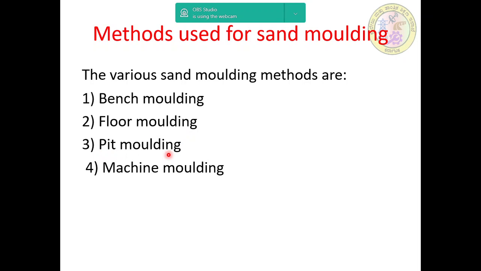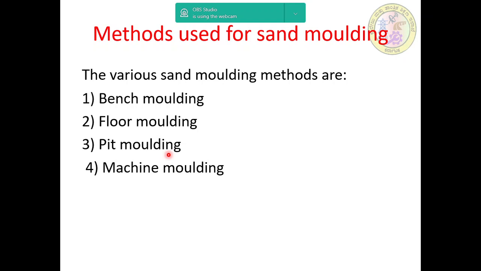Here large castings that cannot be accommodated in mold boxes are handled. Mold boxes, that is flasks, are made in pits dug on the floor. The pit forms the drag part of the mold and a separate cope box is placed above the pit. The pit maker goes inside the earth and prepares the mold as per the required shape of the casting. After that, the cope box is placed above the pit. The mold maker enters the pit and prepares the mold.